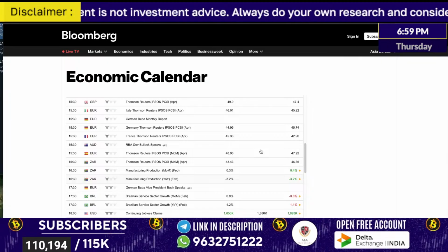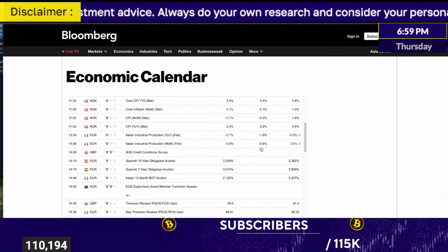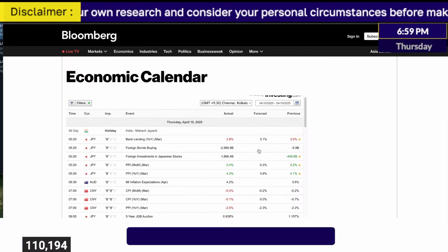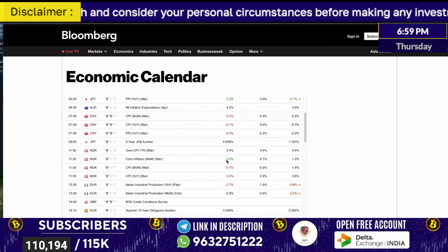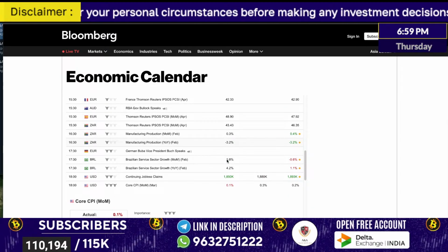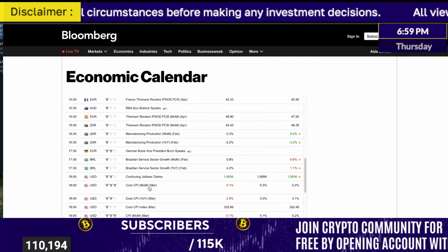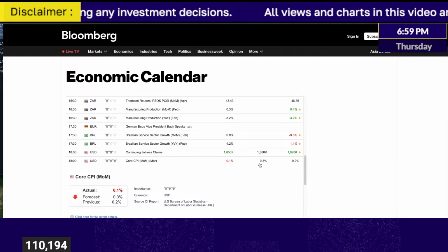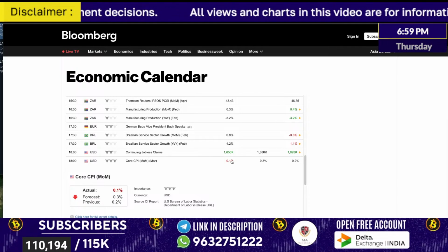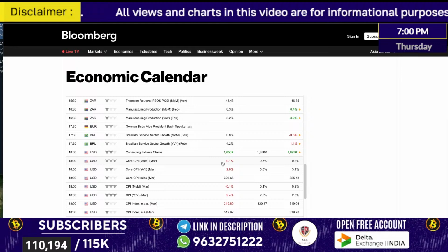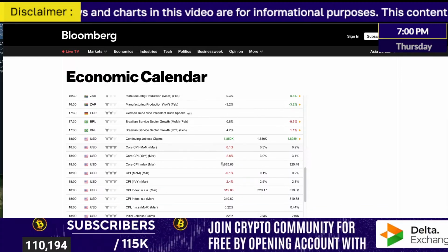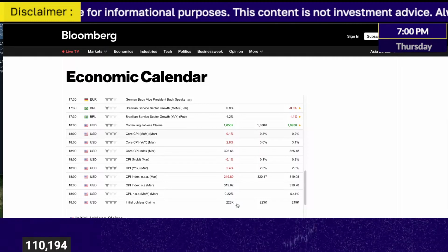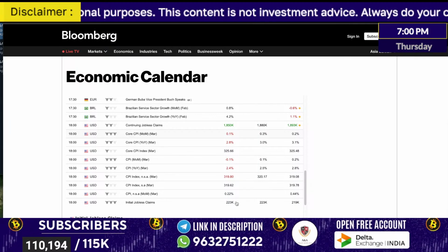Now, one important calendar, what are the recent updates that we have got? In today's case, what is the date today? It is 10th of April. Now on this day, core CPI inflation, right? Except food and fuel, the market expected 0.3%, but it is 0.1%. So inflation has not increased. So that is one thing. And jobless claim data, what they are saying, it is as per market expectation. Compared to previous, it is high.